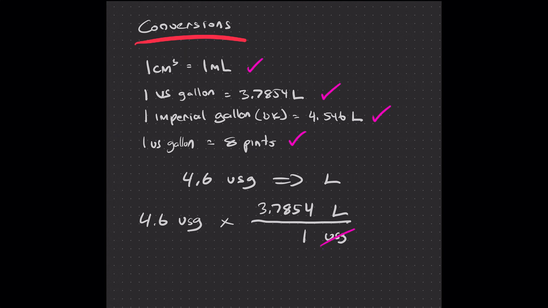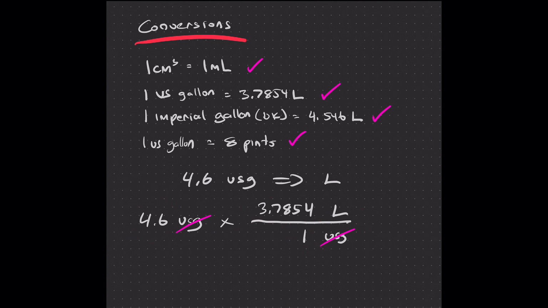The units for gallons will cancel each other out, leaving us with 4.6 times 3.7854 and eventually divided by 1,